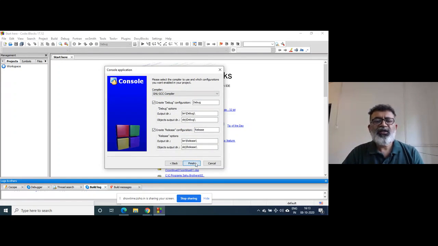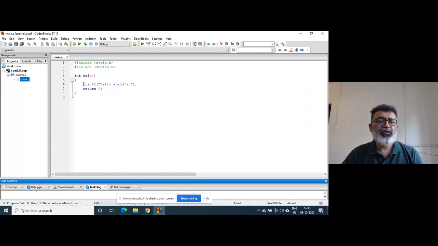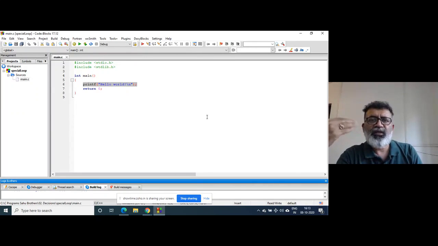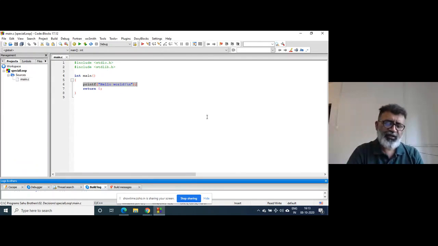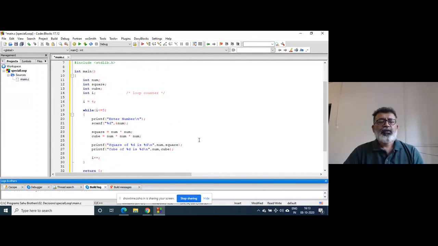Special loop is not an official name. You won't find this name in any book or any online video or in your college. This is the name given by me because it works in a special manner. Don't use this as a special loop in your college. But I find this a bit special. That's why I have given that name.